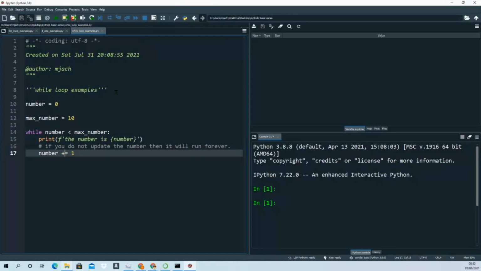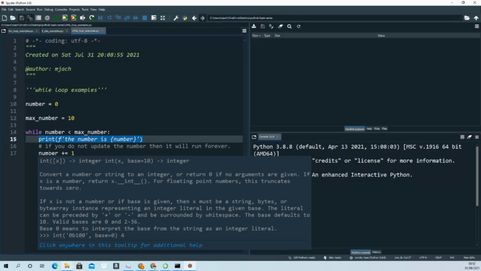So first I've created two variables, one the number, which I assigned 0, and another is max number, which I assigned 10, just for example. So I'm saying while that number, which is 0, is less than 10, max number is 10. So I'm printing here the number is, and then updating the number here, the number with 0 plus